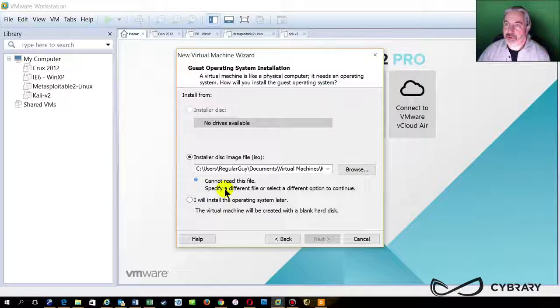So it'll take a moment to read the file. All right, it tells me it cannot detect the operating system. That's fine. If you're using VMware Player and you want to do the same operation, you basically go to the File menu. There should be an option there that says Open or New, and you do the same thing. You point to the ISO image,